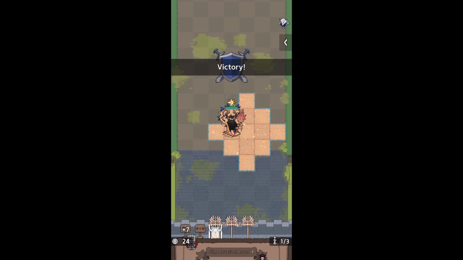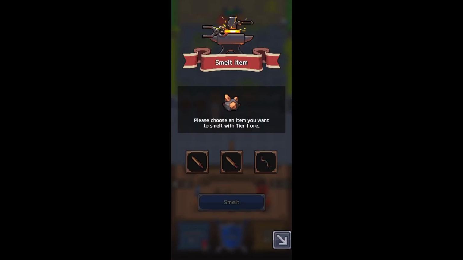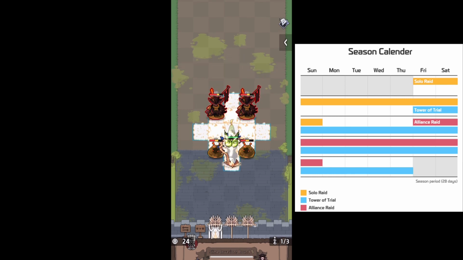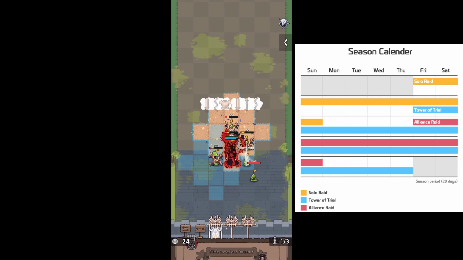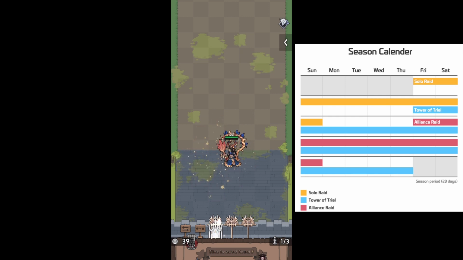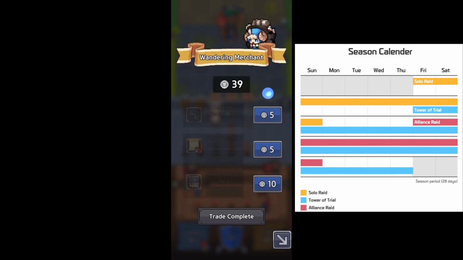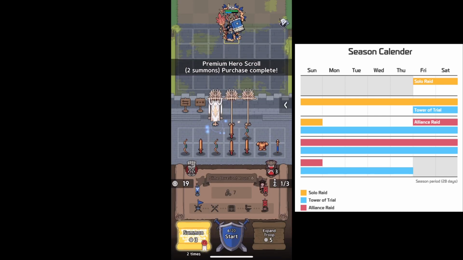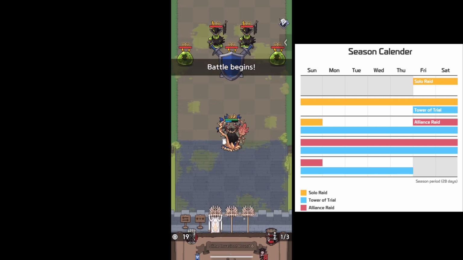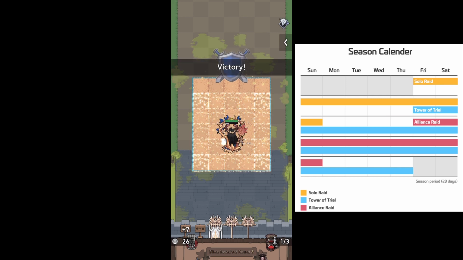And so now we got a new game mode, but because of that, the season schedule has to be changed. So starting in the beginning of the season, we have the solo raid, and that will last about 10 days as usual. However, Tower of Trial does not start until the Alliance raid starts as well. And the Alliance raid is also going to be 10 days. However, Tower of Trial will stretch beyond that throughout the rest of the season. So basically, Solo Raid is going to be 10 days, Tower of Trial is going to be...